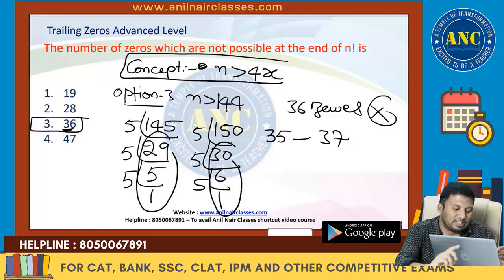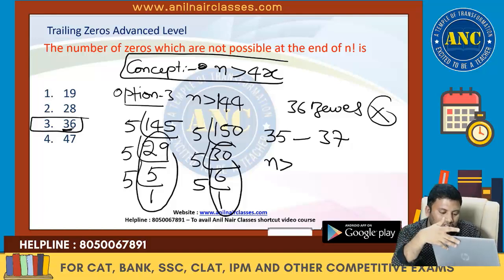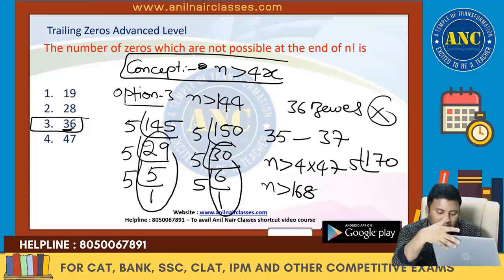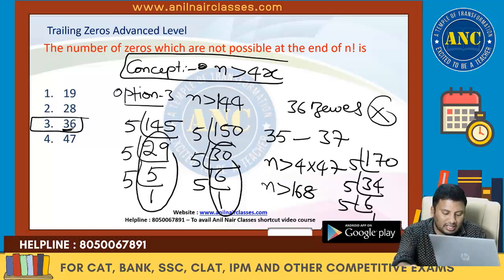36. 47. 47, I think it is possible. Even if I do 4 into 47. So this is nothing but n is greater than 168, which is 170. 5 3s are 15, 5 6s are 30, 5 1s are 5. n is greater than 4 7s are 28, 160. 5 3s are, 5 6s are